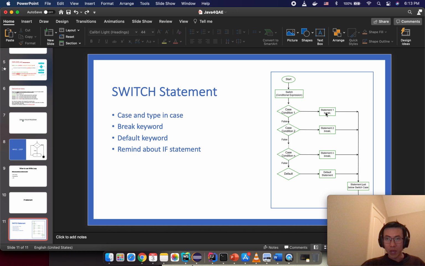And you see the break here. We will tell more about the break keyword later. With the break keyword or without the break keyword, what will happen? Okay. So let's come back to our IDE and try some hands-on coding, and then you will understand